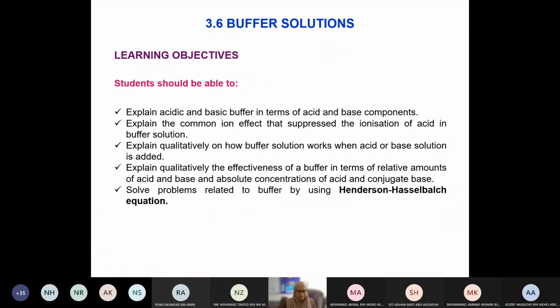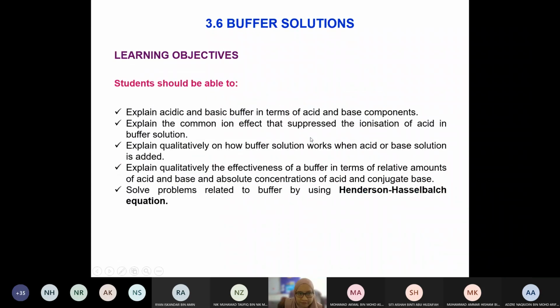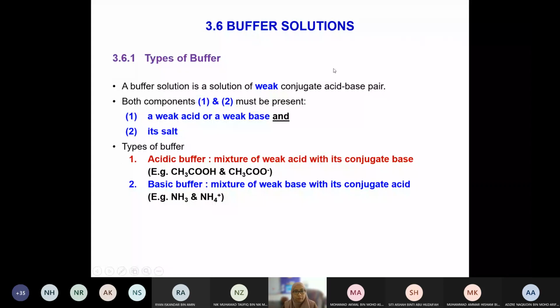Okay, so let's get back to business. Buffer solution. These are the learning objectives that you should know. We have five of them. Make sure that you cover all of them. Before we proceed further,